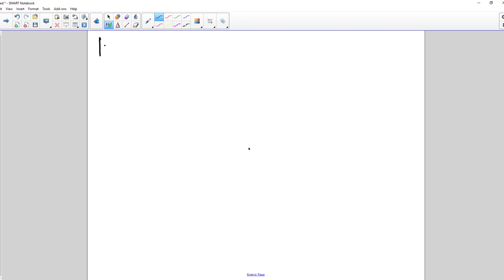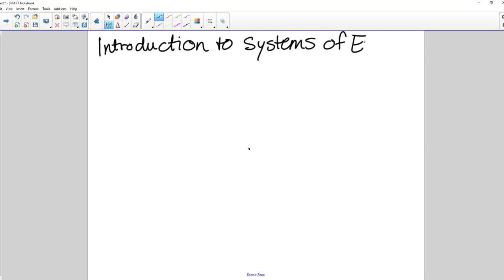We are going to go through an introduction to systems of equations. The difference now when we talk about a system of equations is we might have, instead of just one equation, two of them. So if you have two equations, we're going to have always two variables, or if there's three equations, we need to have three variables. So with this, the solution